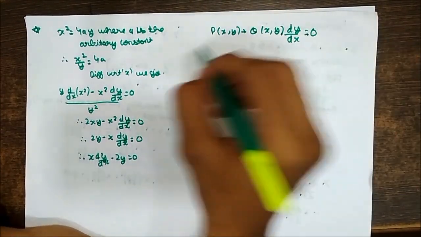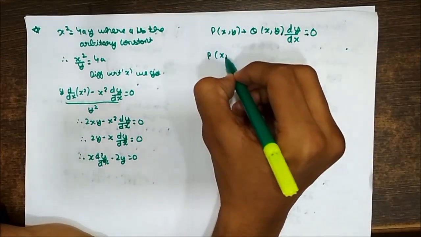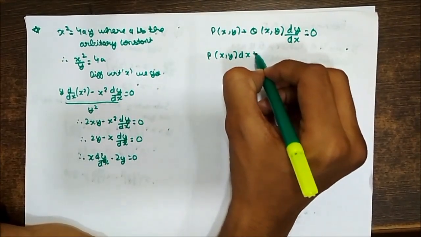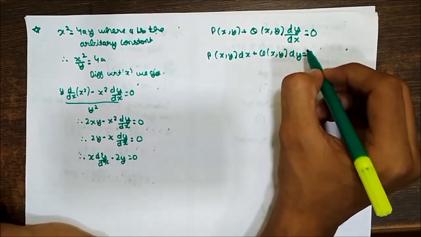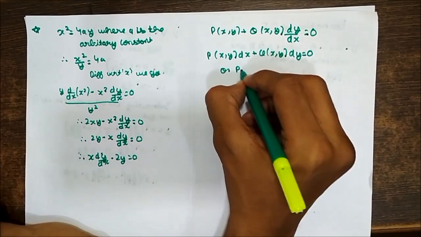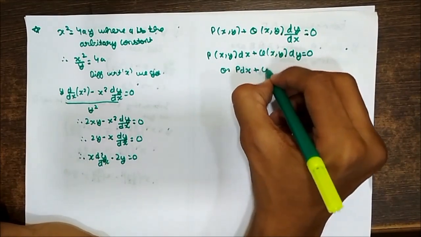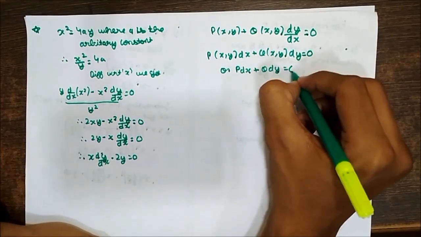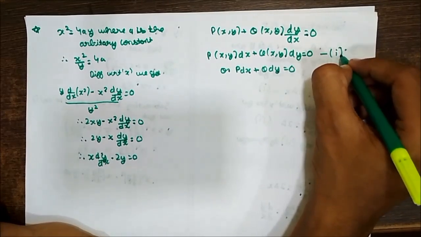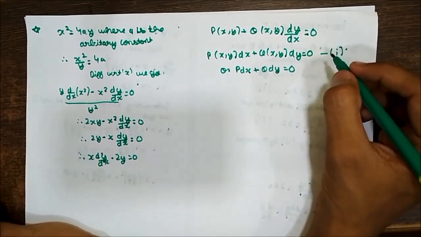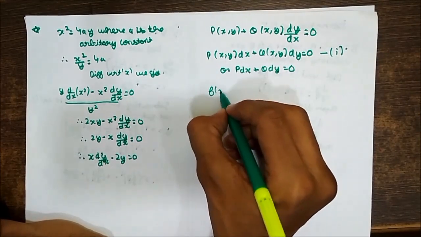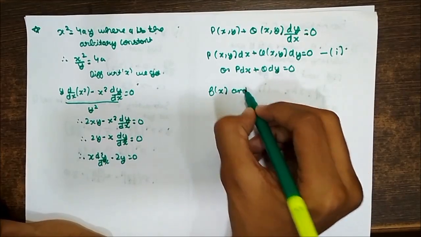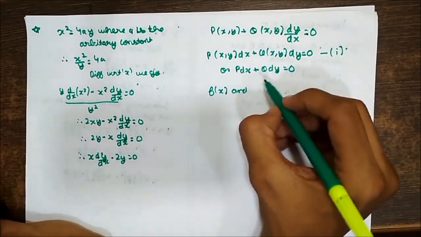This is usually written as P of x comma y dx plus Q of x comma y dy is equal to 0, or P dx plus Q dy is equal to 0, where P and Q are functions of x and y. If P is a function of x alone, say f of x, and Q is a function of y alone, say g of y,